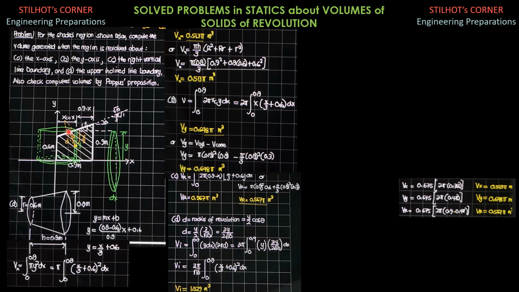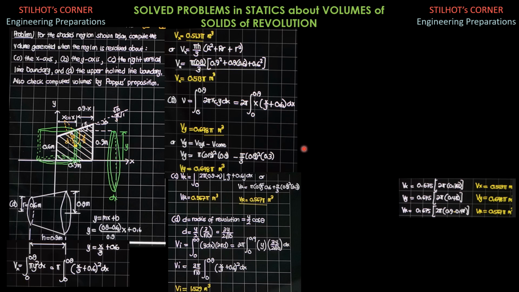Then this is the line that is perpendicular to the axis. I'll call that length d, which is also the radius of revolution when this differential area is revolved about that inclined line. Then the angle of inclination of the line is theta with respect to the horizontal, and these are the parts of the right triangle for the slope. So this is also theta, therefore the radius of revolution d is y over 2 times cosine of theta, and cosine of theta is 3 over square root of 10.